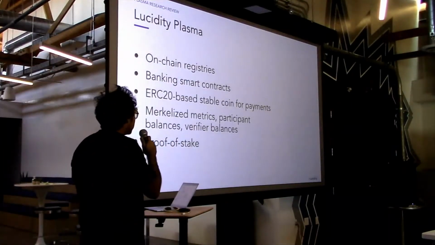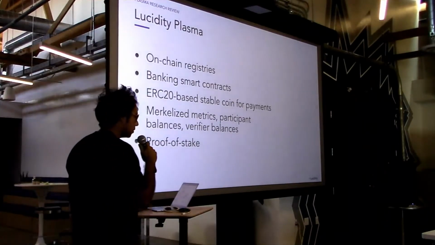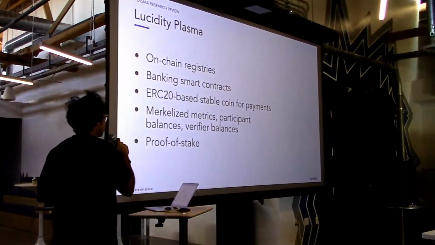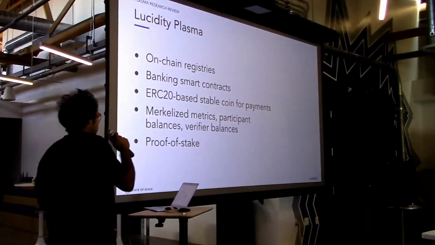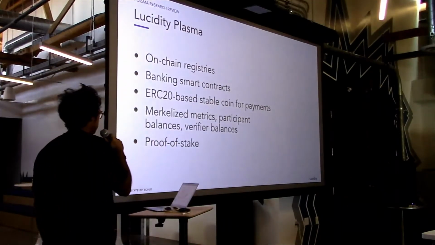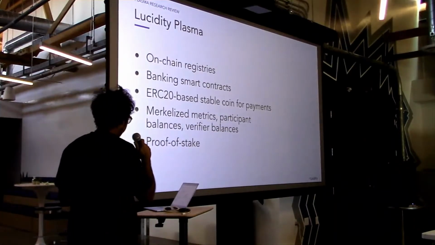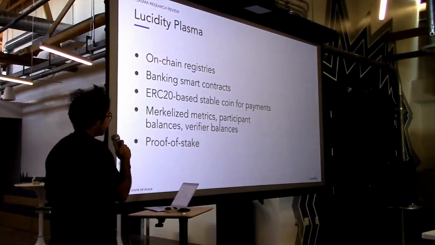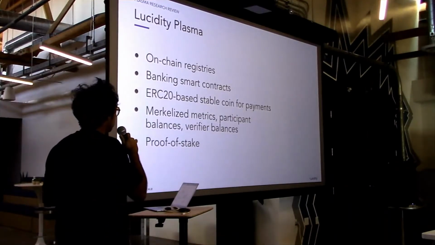Cool. So all that is a very fast overview of the current plasma mechanisms. Hopefully it gives you a nice idea: if you hear Plasma MVP, the idea is that you have mass exits; Plasma Cash, you have non-fungible tokens; Plasma Debit is just non-fungible tokens with fractional specifications; and SNARKs are basically fully verifiable state transitions.